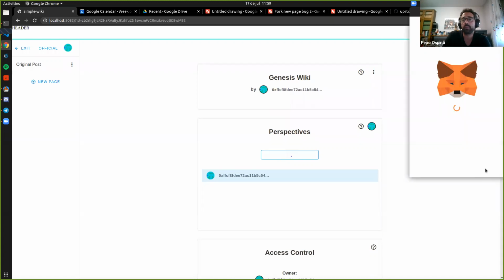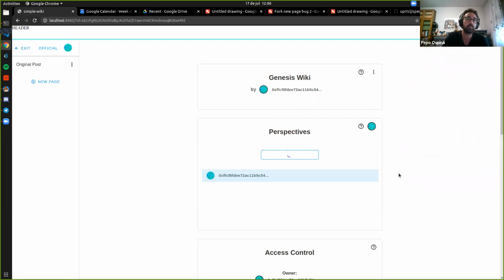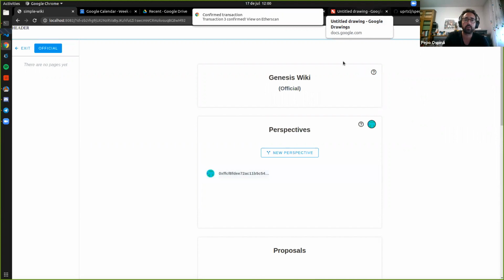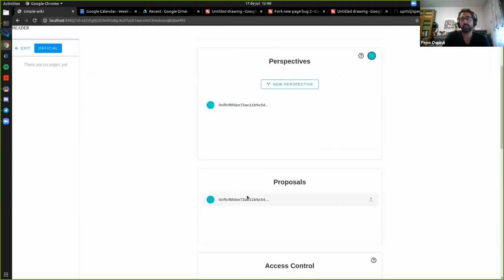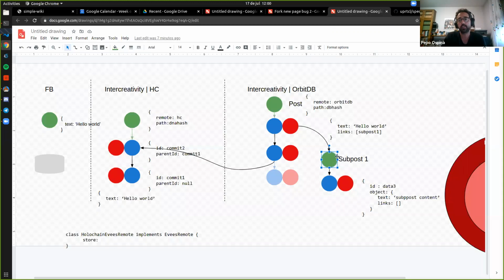We didn't go into the details of this, but I'm creating the new page perspective that is on HTTP. I'm creating a new perspective on Ethereum, and it's created as a proposal, so it doesn't execute. But basically, this can then finally go to another platform.